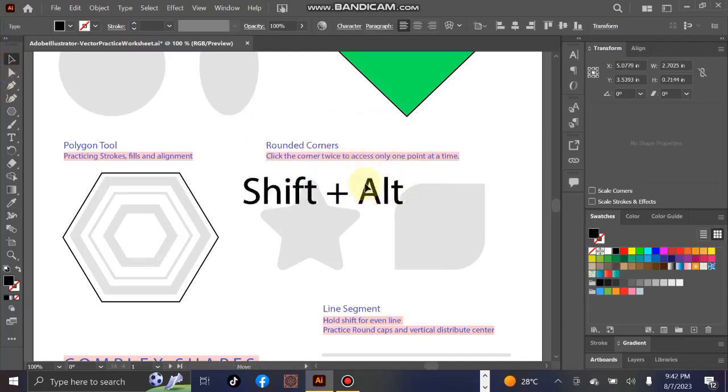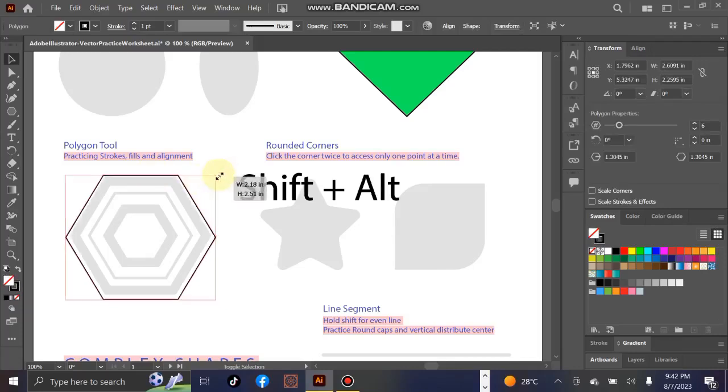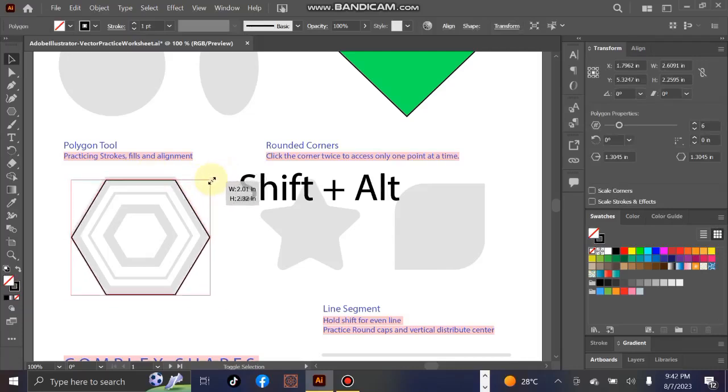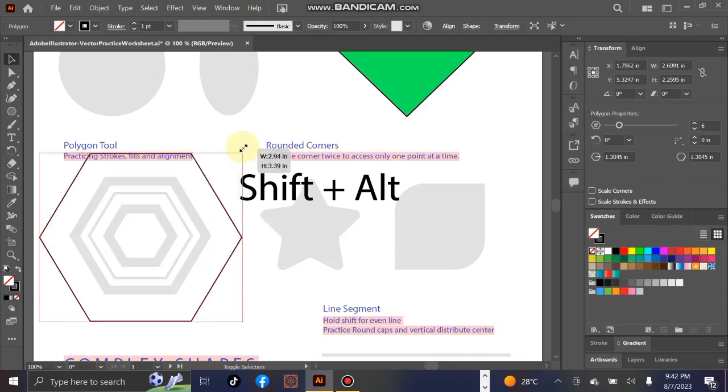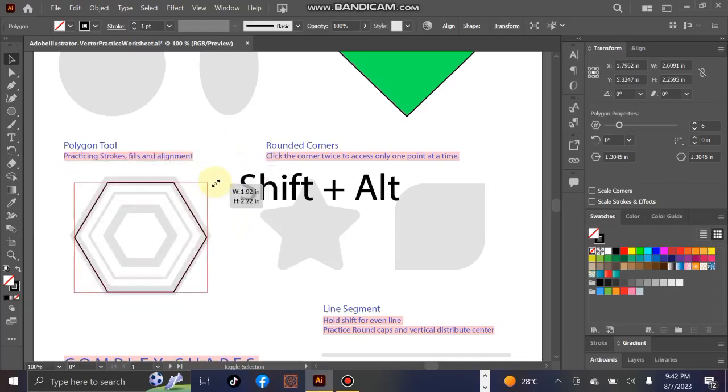Okay, what does it do? Now notice what we can do with that. When I select this and I come here and hold down my shift and my alt together, you would see that I can reduce the size of the shape and increase it from all dimensions, from all angles, I mean. You see that? Now, if I hold down only my shift, you notice that it's reducing only from this upper part, or only from the specific part that we are choosing to reduce. So if we come here, hold down shift, hold down left